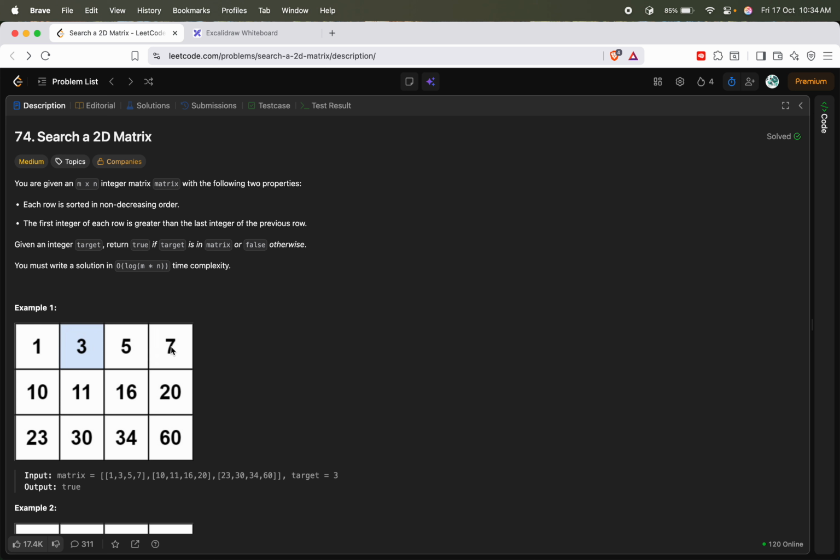Given an integer target, return true if target is in the matrix or false otherwise. You must write a solution which is order of log mn time complexity. Okay,